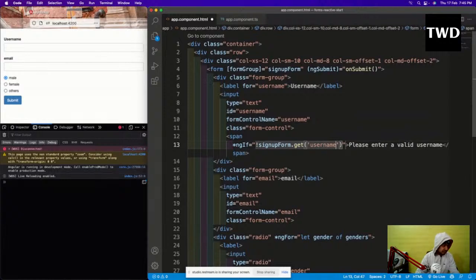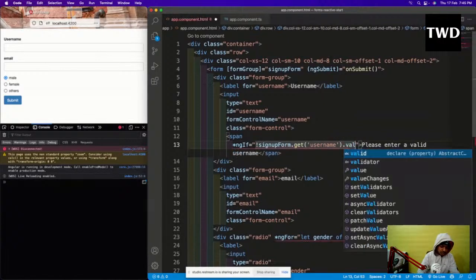See, this is a different way which I am getting. Okay, signUpForm.get('username').valid